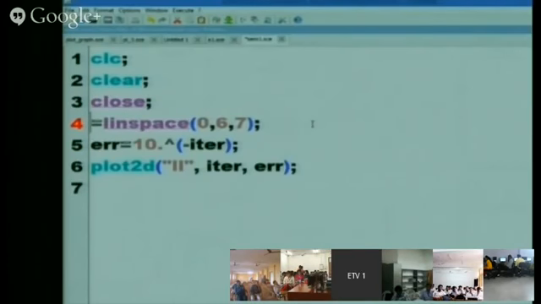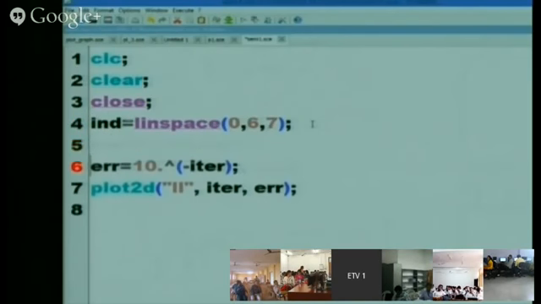I am just creating an index in, then itr is equal to 10 raised to power minus index.